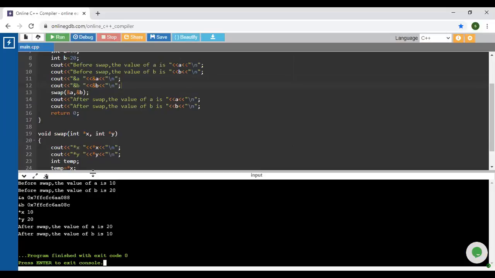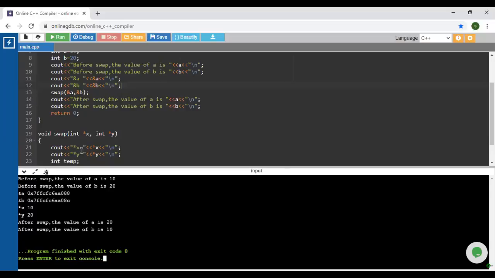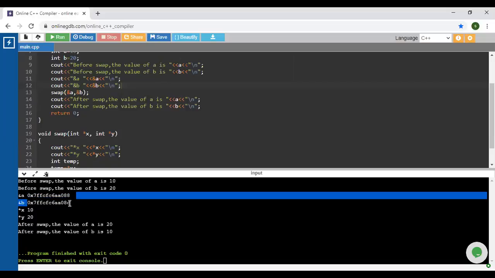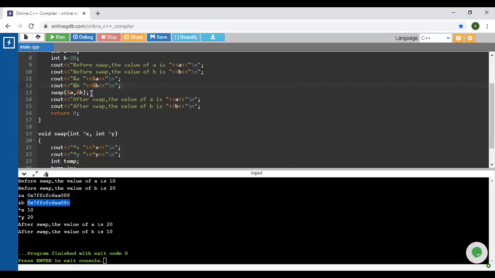Look at that. When we perform the call, at that time this swap function is going to pass two different values. The first value is the address of the a variable, and the second value is the address of the b variable. So these are the values this swap function is going to pass. Clear? This is how it works. When we call that function, it is called with the help of these addresses. Clear? Yes, sir.